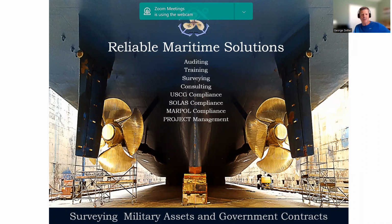My name's George Zeitler. I'm a marine surveyor out of South Florida. I've got an extensive background, many years as a U.S. Coast Guard Marine inspector, 7-8 years as a class surveyor, and then I've been doing everything from recreational boats to passenger ships and other deep draft ships as a surveyor on my own. And what James asked me to cover was